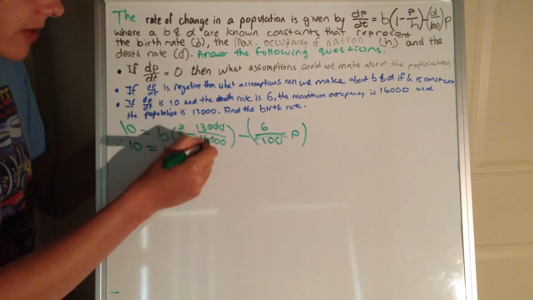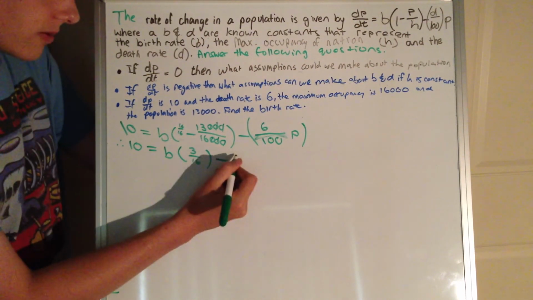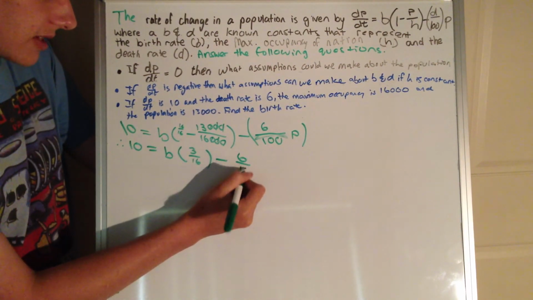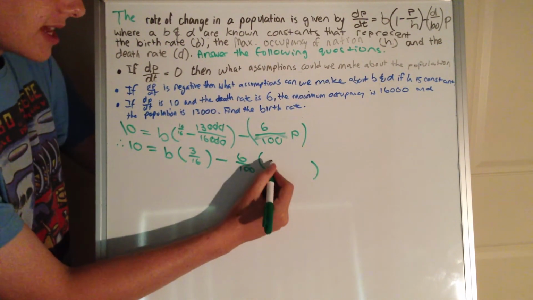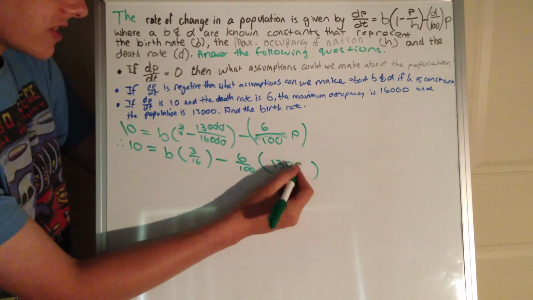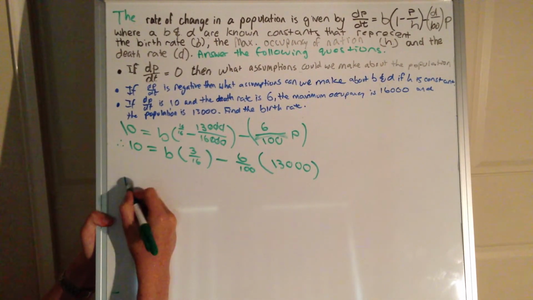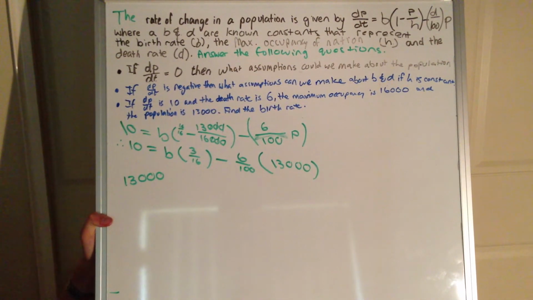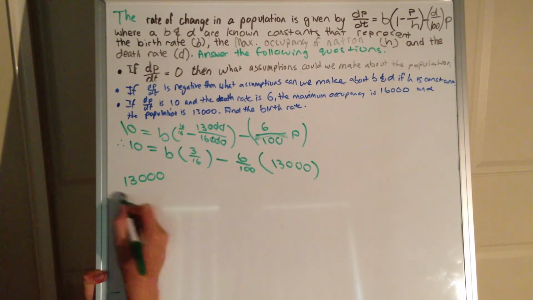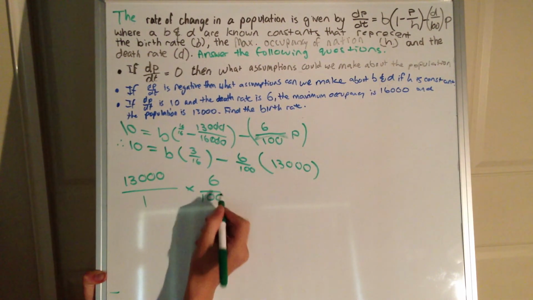So that's how we're able to get that down to 3 over 16. And then here we take 16 over 100, and I probably should have substituted in p before, but p is equal to 13,000. And so, because that's 13,000 there, and I know I'm writing a bit slanted, sorry about that, we have 13,000 over 1 multiplied by 6 over 100, and we're just going